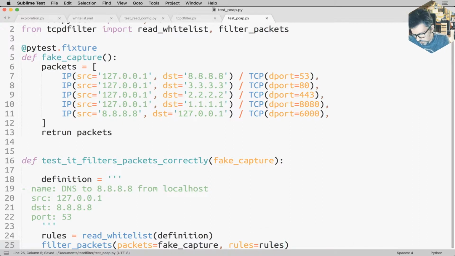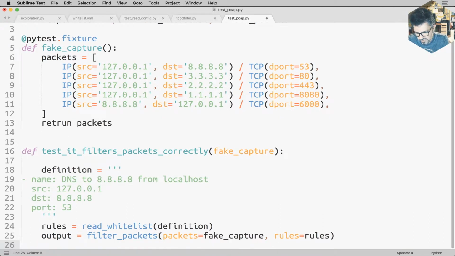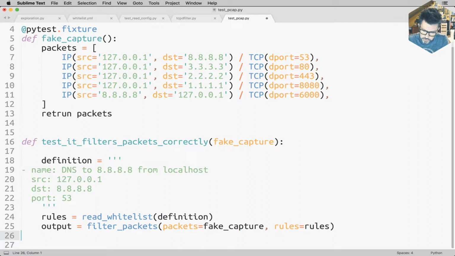And that would give me output. And now what's my assertion? What am I asserting? Output of whitelisted. This is a bit long, but I don't have a better name for the moment. Is, and then I just have